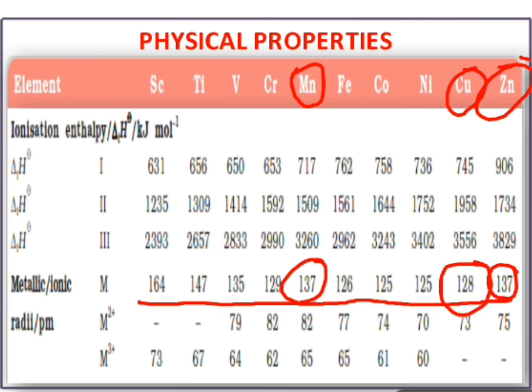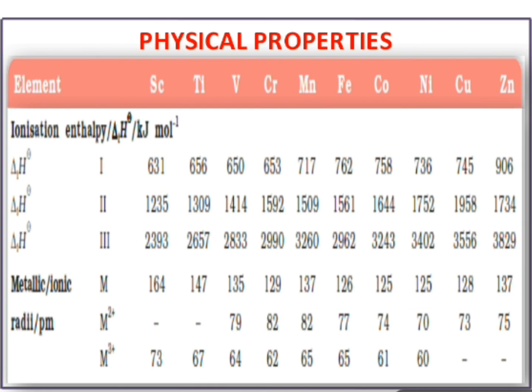So to remove one electron, it's 631, 1235. Now you can see here this one is increasing. Why is it increasing? Because of the increase in nuclear charge. Okay. Now second thing here, see, from scandium to titanium, after removing one electron, which one is stable? So after removing 2 electrons, the compound will be stable.